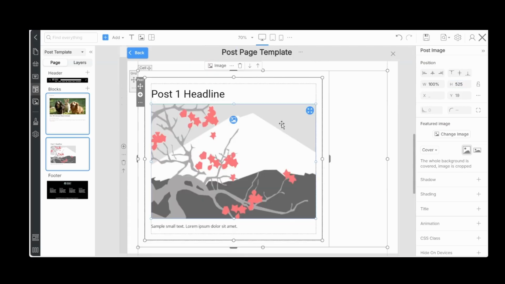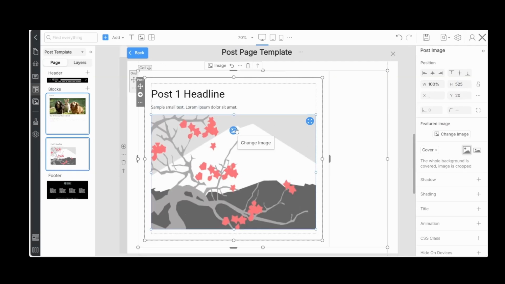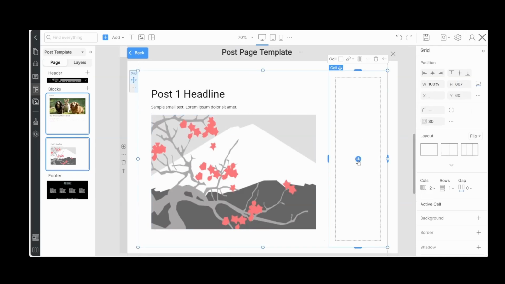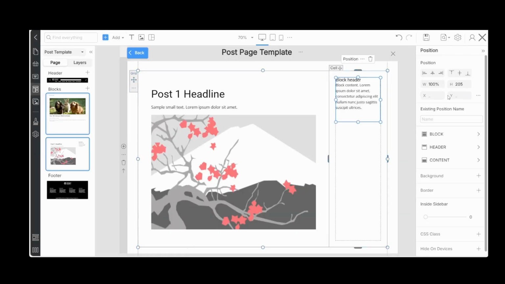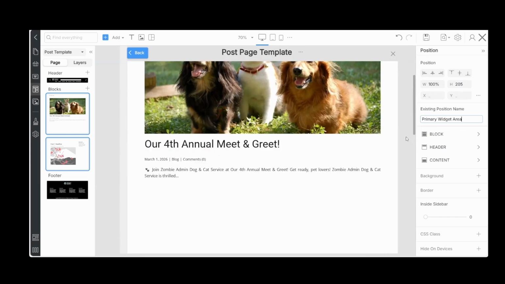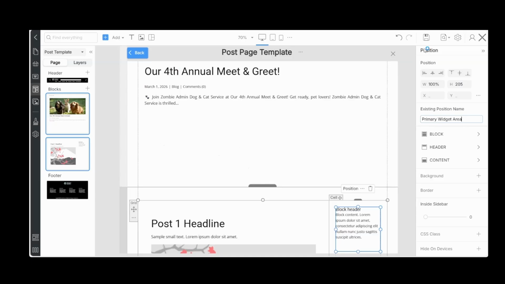I'm going to bring down the image because that's how I like to do that. I'm going to place in a widget position shortcode, position widget area right here, and we're going to name this. Now you need to name this primary widget area. That's what you need to do. And let's save.